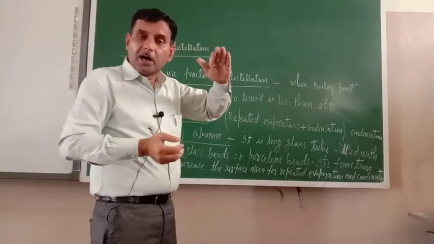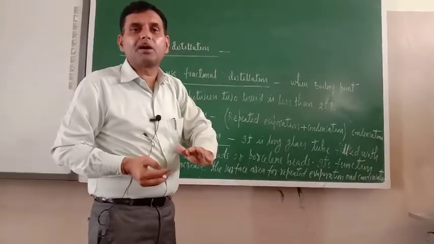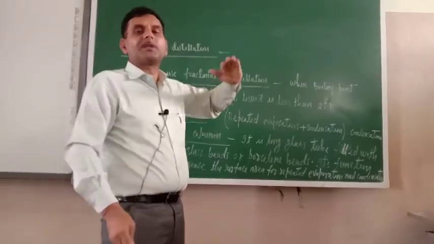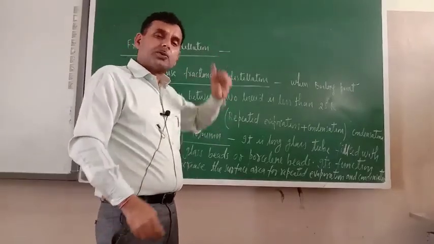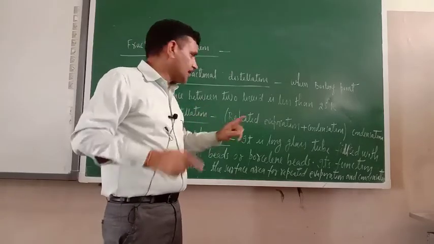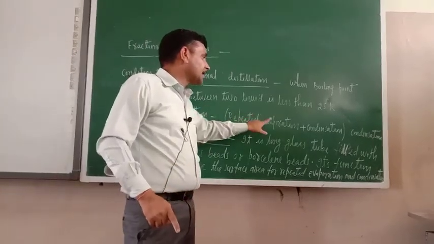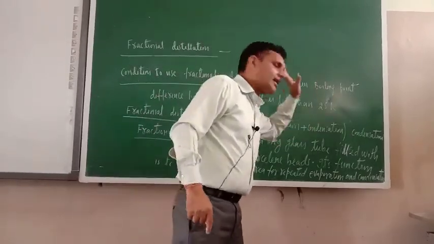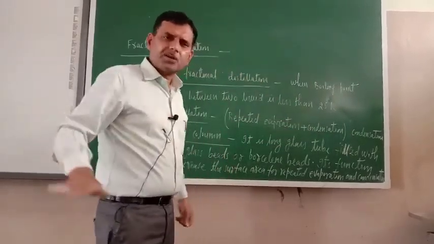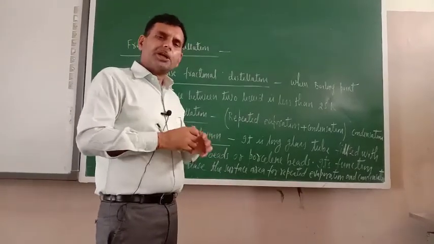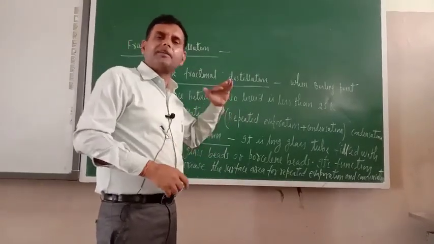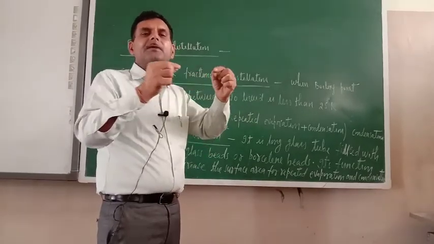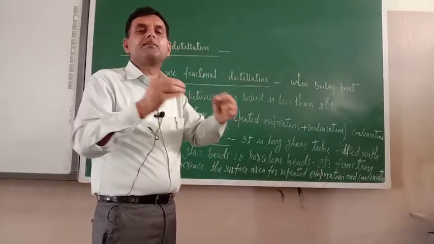So now again after condensation they will come down in the fractionating column, again the temperature is more, so what will be there? Again they will evaporate. So this process keeps continuing. That is why I use the words repeated evaporation and condensation, but after the bracket again I wrote condensation. This process will be continued. So in each evaporation and condensation there will be a little bit of difference between the components of the mixture.